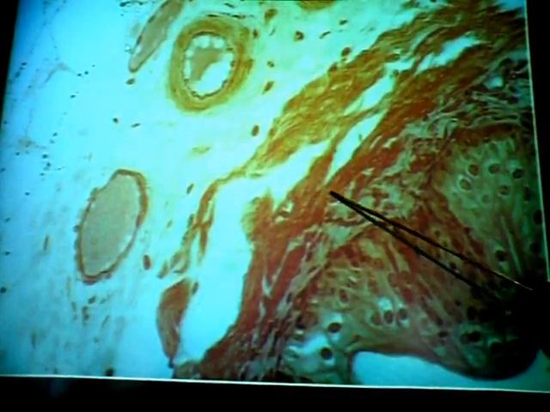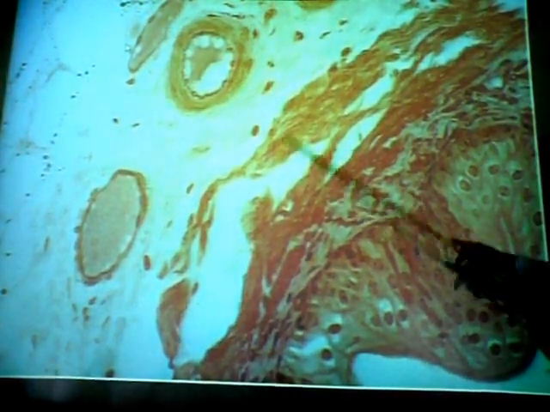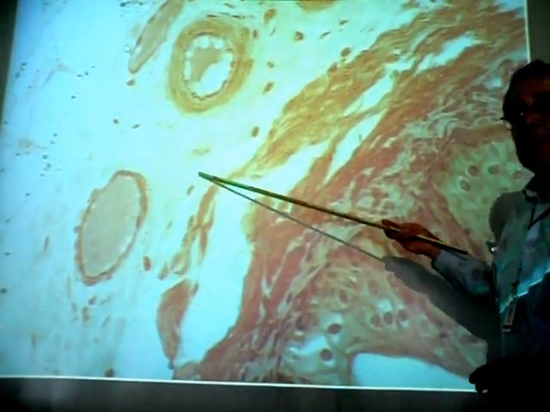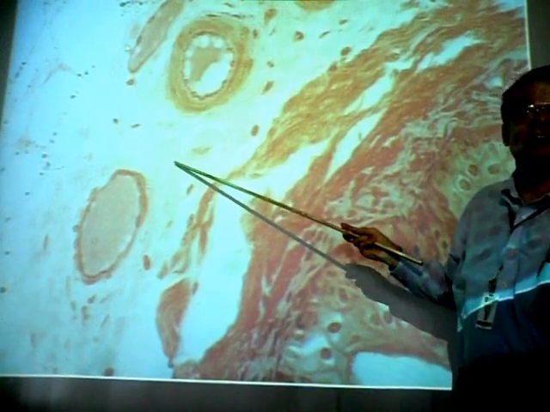Here's your epithelium, transitional epithelium. Here's your lamina propria. Here is the inner layer, that's the longitudinal smooth muscle. Out here would be the circular smooth muscle. And then the adjacent connective tissue on the outside, this is called adventitia. It's a thicker layer of